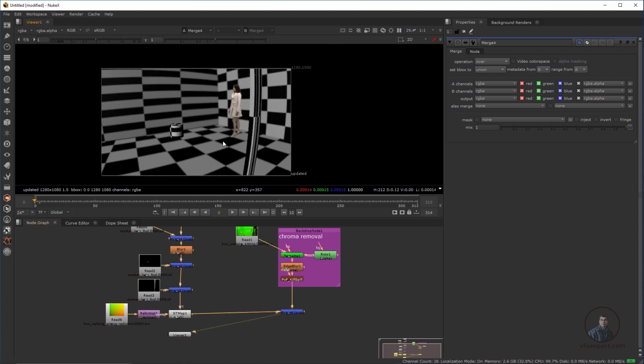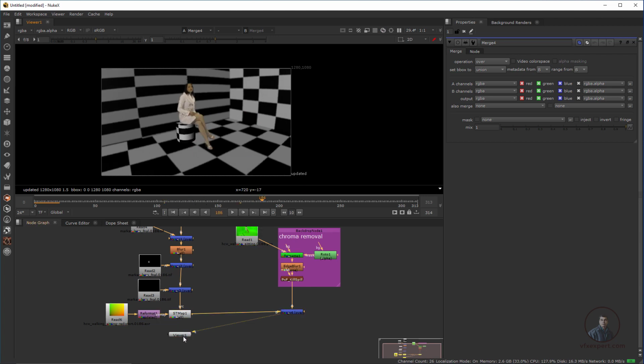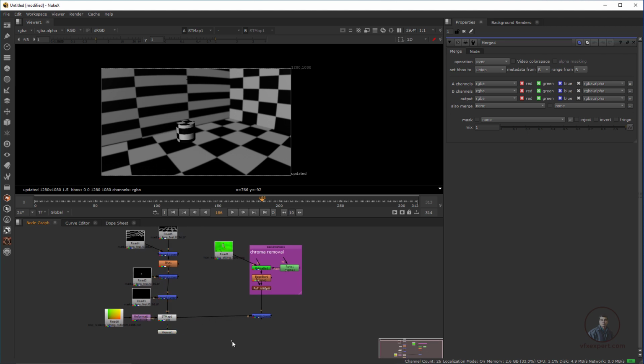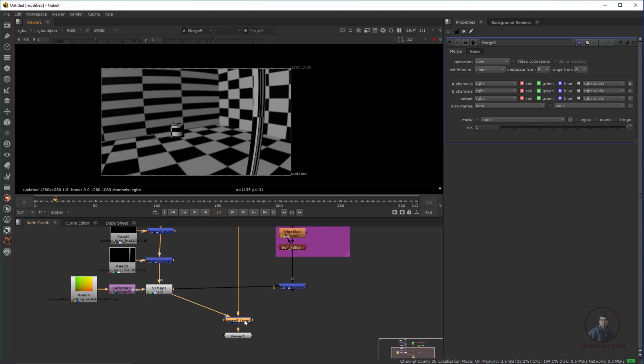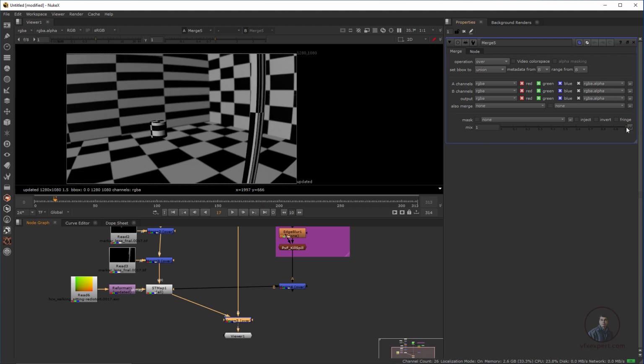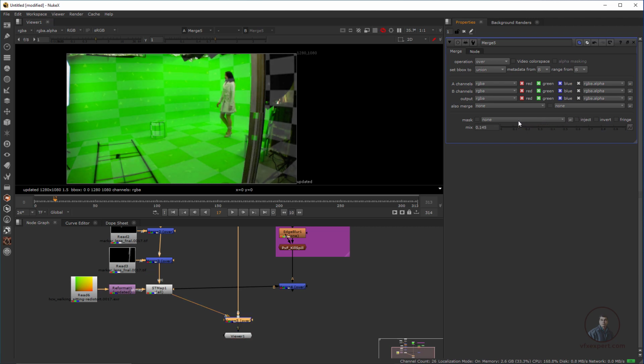Now play and check a little bit. I think this is looking good. Suppose you want to compare this one with this one, then you can also compare. I am going to create a compare node here. Again take a Merge node, double click on it, and with the help of the mix value you can compare. Just like this you can see. This is looking good here.